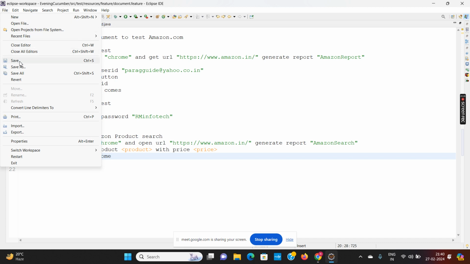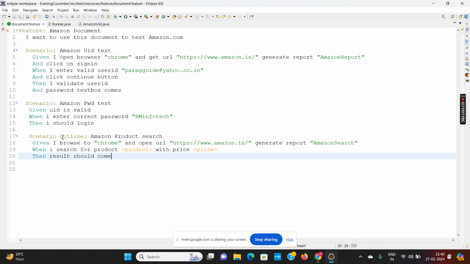Now again we have written this Scenario Outline, and here instead of passing the single data, we are passing the multiple data, that is product and price. Whenever we are using the Scenario Outline keyword, it is compulsory to use the Examples keyword with it.